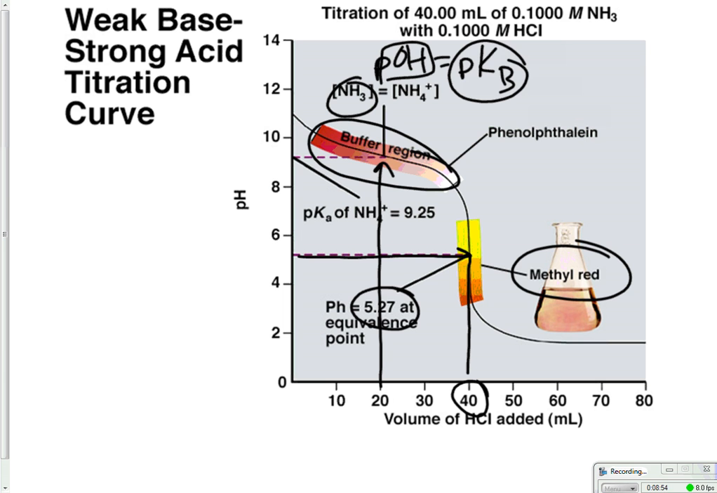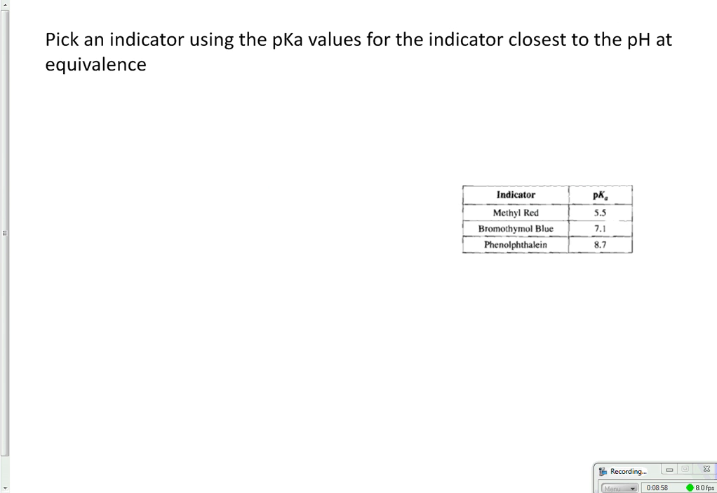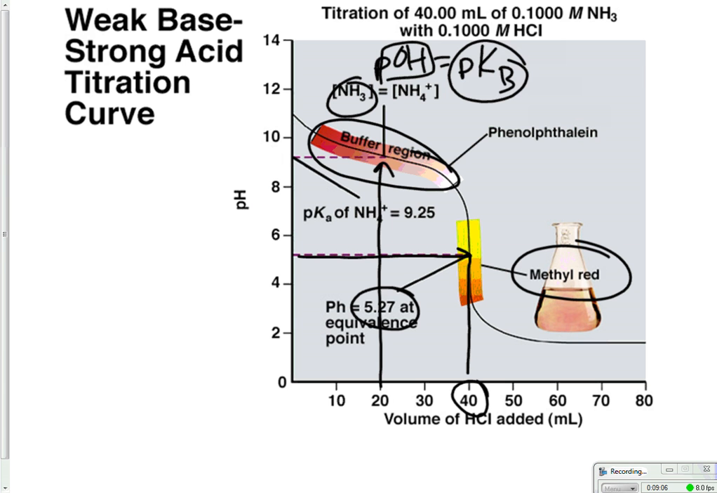Other thing you need to be aware of is when you pick an indicator, we use the pKa value. So typically what they would do is, imagine they gave you this titration. They said, well, you have to pick an indicator. And you calculate the pH at equivalence is 5.27. That's my pH at equivalence. One of the things they will ask you to do on the AP exam is they will give you a